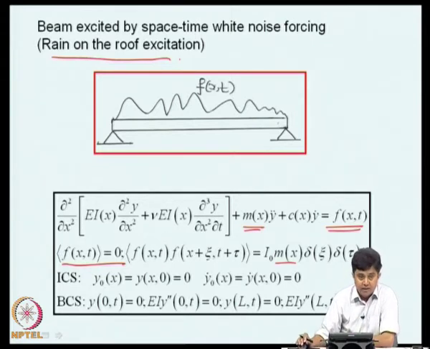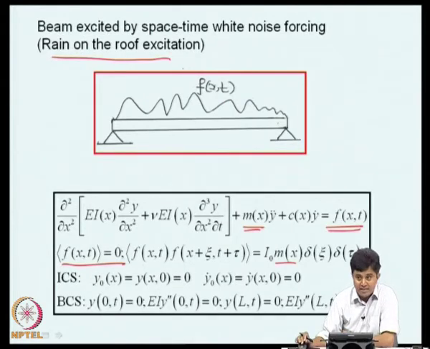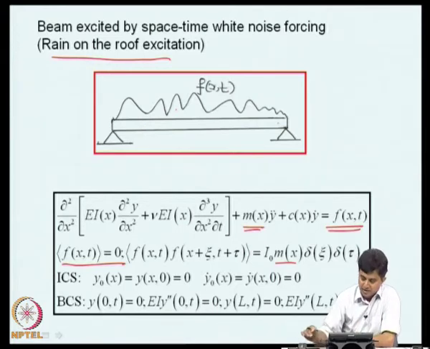If excitation is Gaussian, that would mean generalized coordinates are stochastically independent. So, the uncoupling of equations is now total, in the sense the equation for a n of t does not contain any terms involving a k of t. In the mechanical sense it is already uncoupled, but in a stochastic sense the generalized coordinate a n of t is independent of generalized coordinate a k of t. So, this type of model affords significant simplification in modeling, and that is sometimes exploited in representing distributed loads like turbulence and things like that.